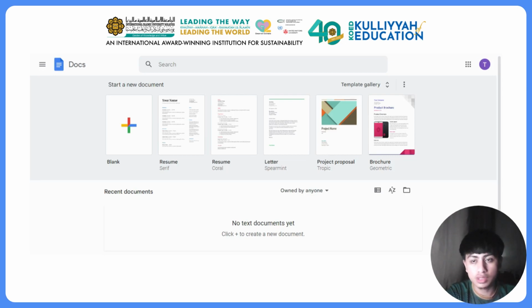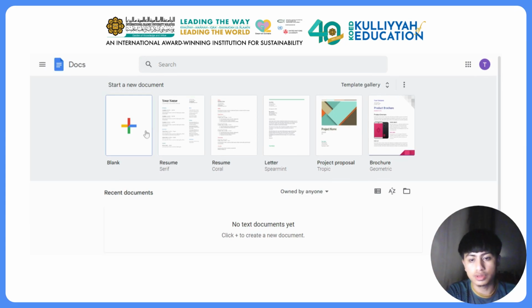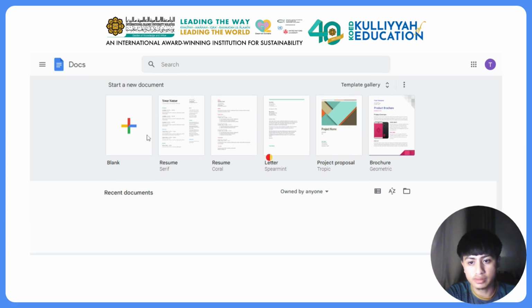I am here to explain to you how to use Google Docs as a medium, as a platform for you teachers to create empty outlines, or in easier words, fill in the blanks for your students to enhance your teaching and learning. So let's go. First of all, you need to click the blank over here